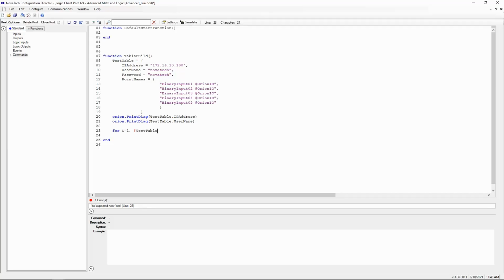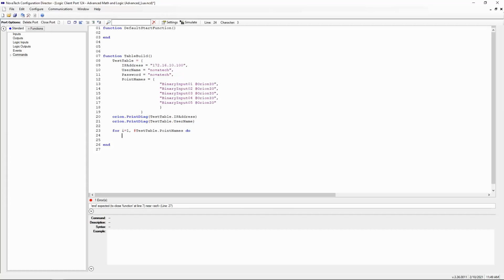It goes into the test table, and it looks at the key point names. So I'm saying for the integer from 1 to the size of this table, do,